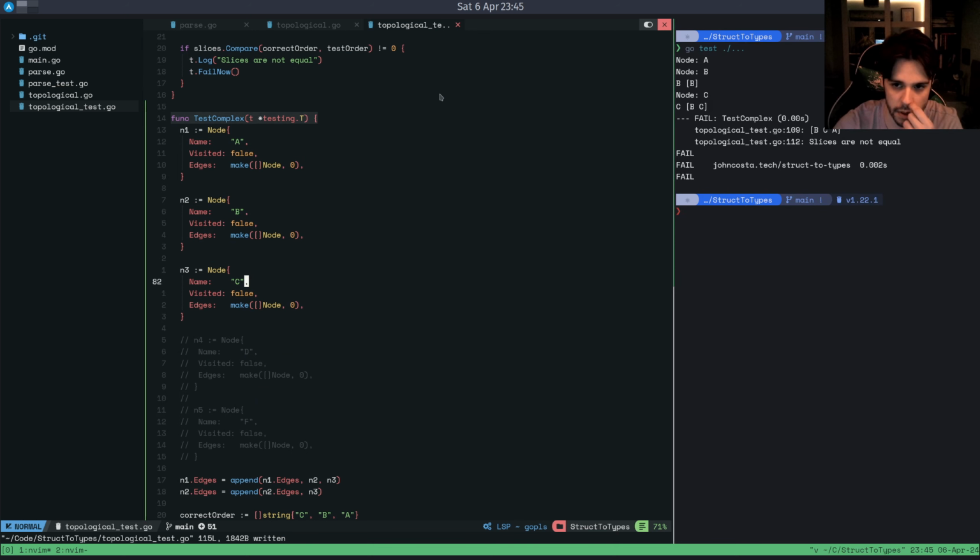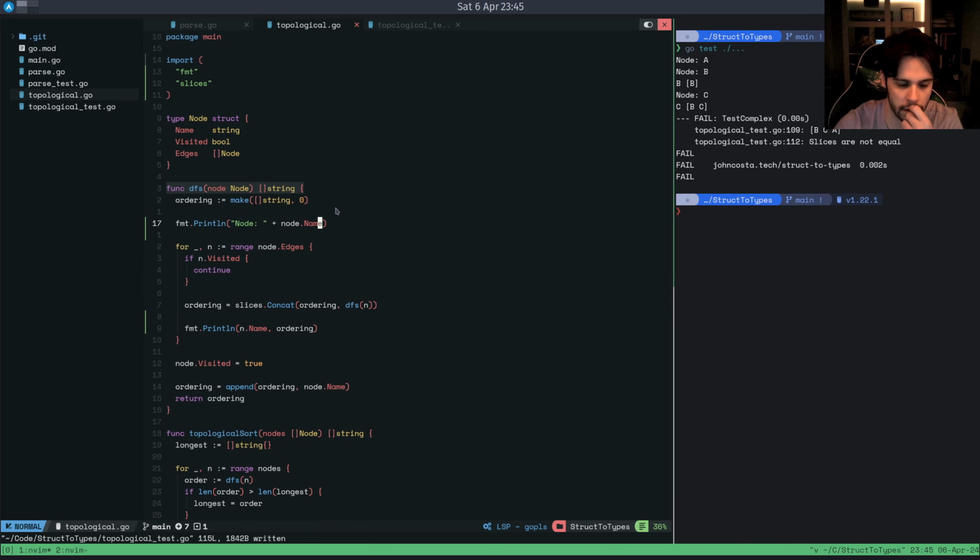Node A, B. Yeah, node A. And then the next one to come along is going to be node B. And wait. The ordering for B is itself,